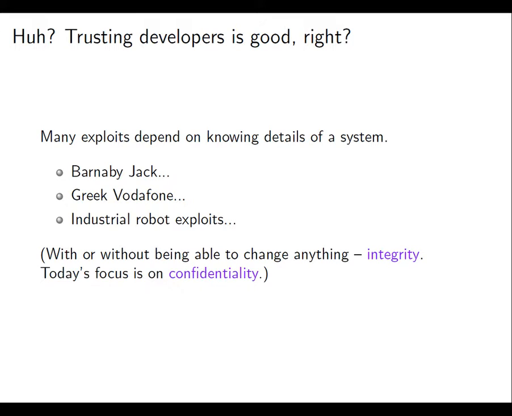Industrial robot exploits, the reference we have there is to a paper discussing how many of the people involved in the software of industrial robots lack a very clear understanding of the potential exploitation and the potential risks that come from that exploitation. But to my mind, one of the most interesting aspects there is the observation that if you actually look at the software that is made publicly available or very widely available, because we're talking about software that has to be available to any user of a commercially available robot,